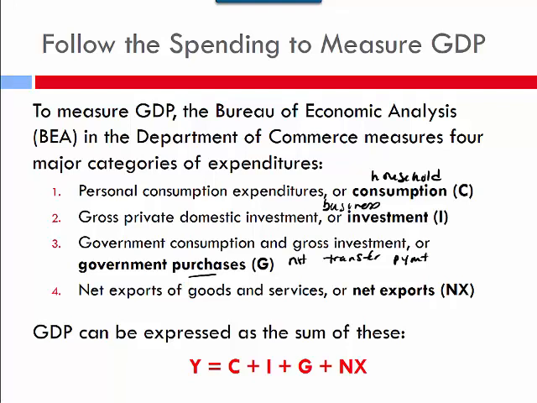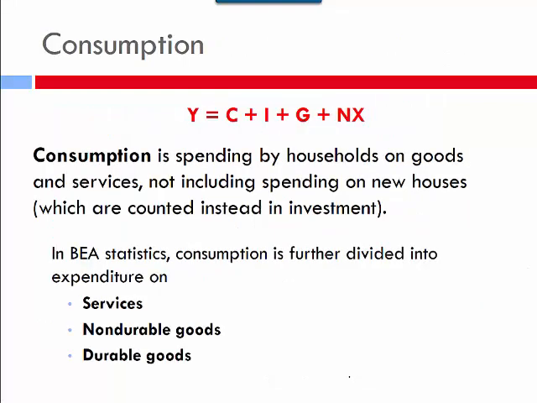And then net exports, which is exports minus imports, okay? So exports minus imports. And so for us, we import more than we export, so that number is negative. So you put the two together. Y stands for GDP equals consumption plus investment plus government spending plus net exports. So let's look at each of these components here in a little bit.